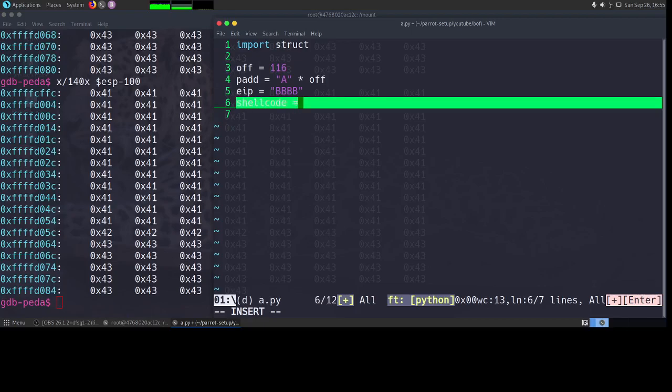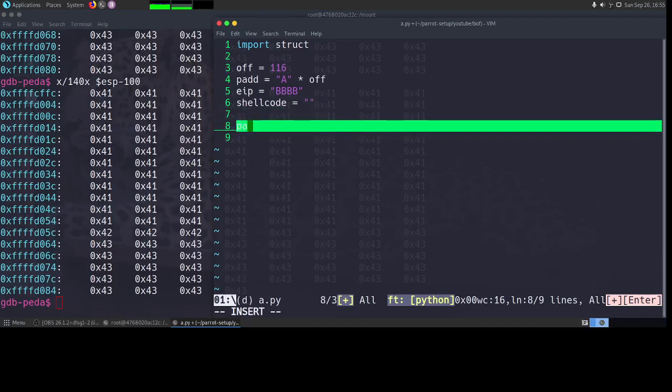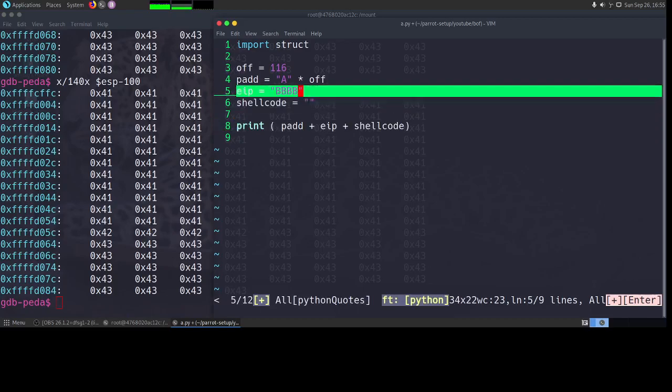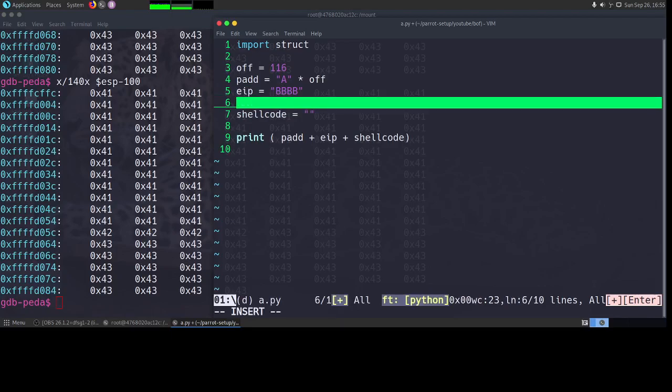Shellcode equals this will be something, and then all we need to do is print padding plus EIP plus shellcode. Okay, this is exactly what we need. Now, just to be sure that we land in the shellcode correctly and not somewhere in between, we can always add a NOP sled.